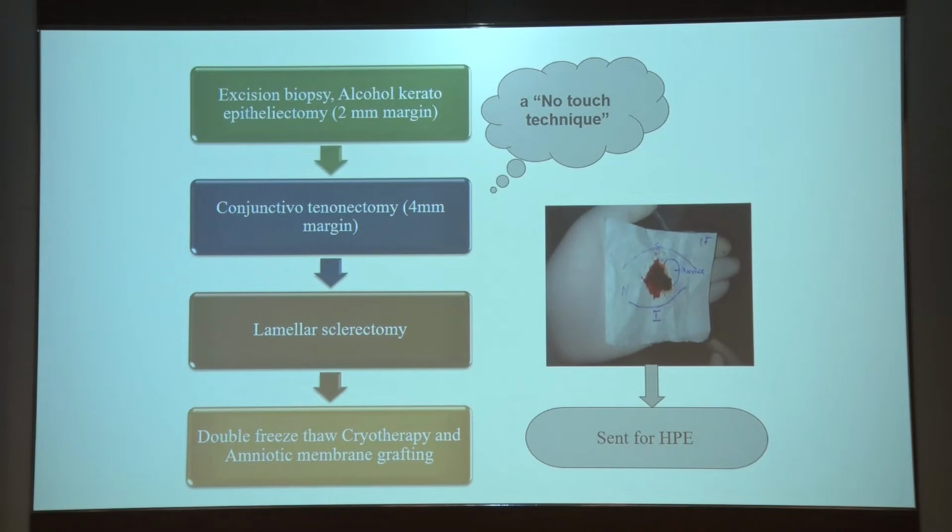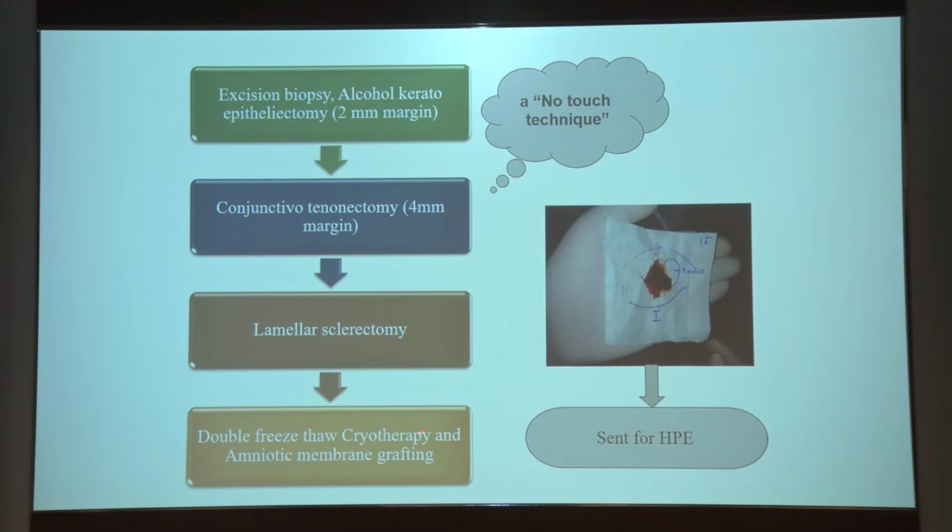So what we do, an excision biopsy is not just an excision biopsy which you do for other lesions. You should follow the no-touch technique, and it's called the Shield 6-step technique, where you delineate the margin of the lesion. On the conjunctiva, it's 4 mm, on the cornea, it is 2 mm, and you do an alcohol keratoepitheliectomy. And the next step is you do a conjunctival tenonectomy, a lamellar keratectomy, a lamellar sclerectomy for